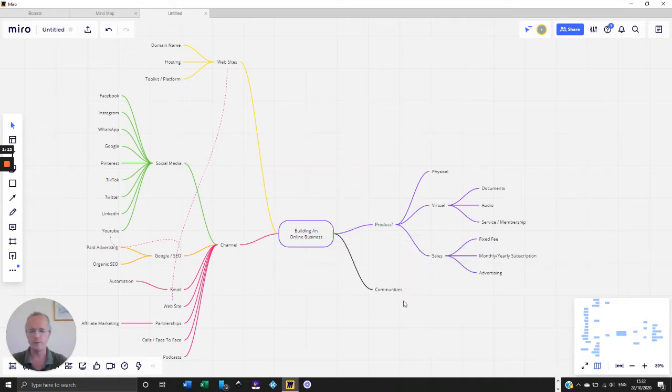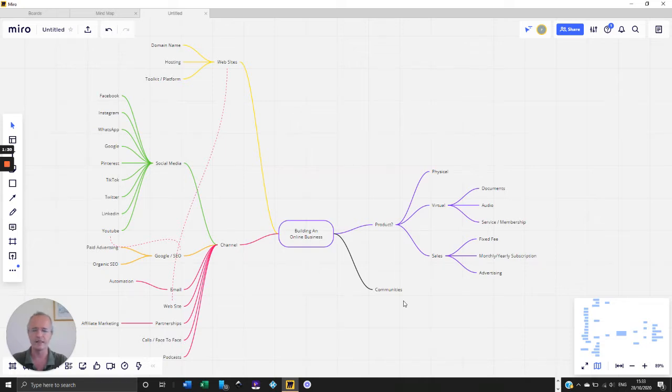And communities are so important because you want to engage with your customers. It's not just about them clicking on the link and buying your product. They're going to want to get excellent customer service. They want to get advice from you. They want to get hints and tips.